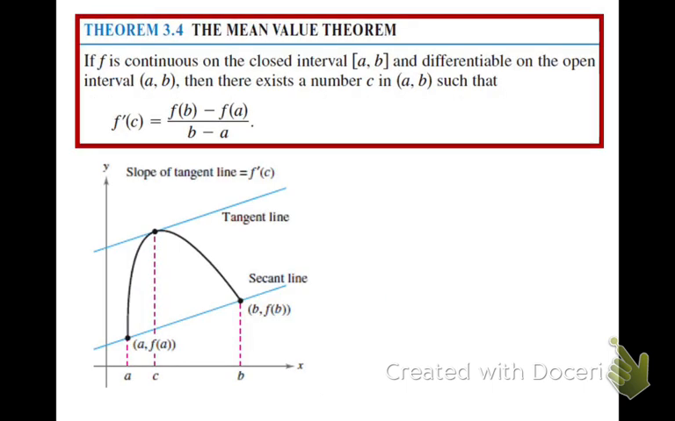Okay, the mean value theorem. The mean value theorem says if f is continuous on a closed interval a to b and differentiable on the open interval a to b, all of them have to be continuous and differentiable for these things to work. If they are not, they don't work. That's it. Okay, then there exists a number c in (a, b), so c is some number between a and b,